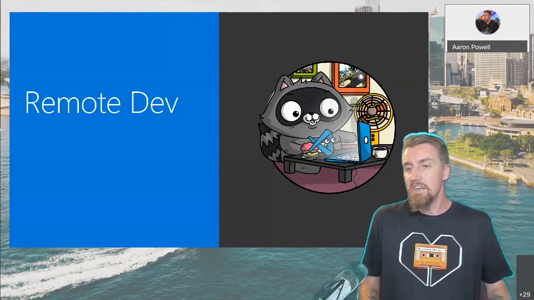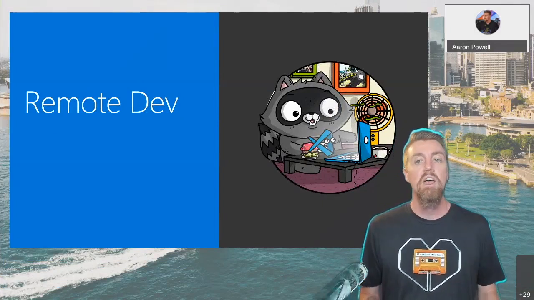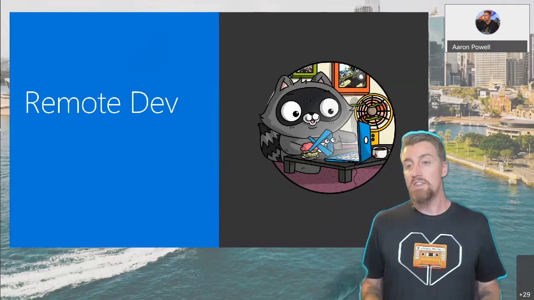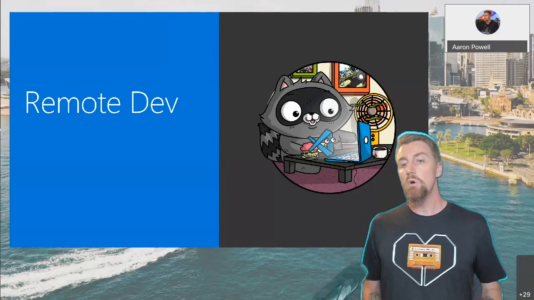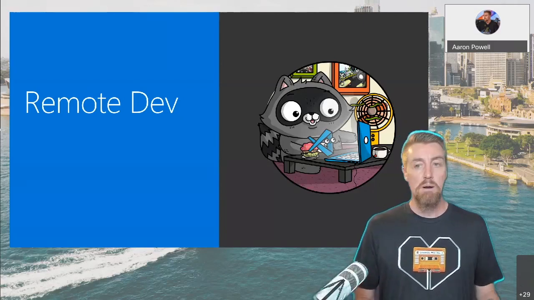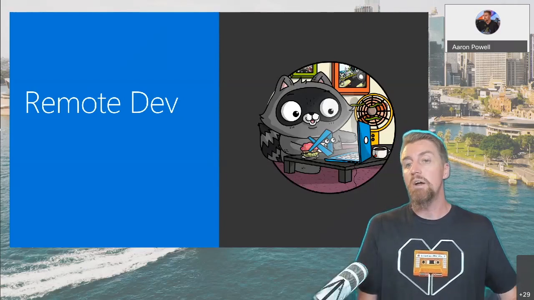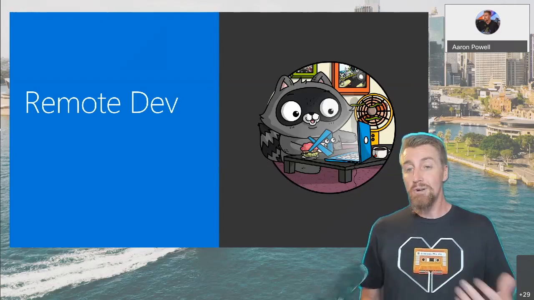But it's become a desktop application because that was where the industry was at the time when VS Code was first released. It wasn't quite ready for a web application. But by designing it the way they originally did, they could support this concept of remote development. Whether you're working on Windows using WSL as your primary development environment, and you want to be able to still treat that as though you're working directly on the WSL instance, or you wanted to connect to a Docker container,